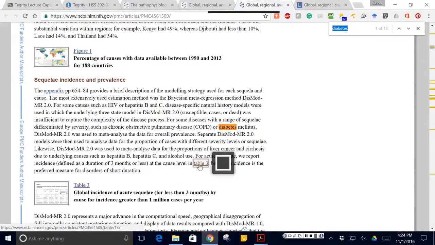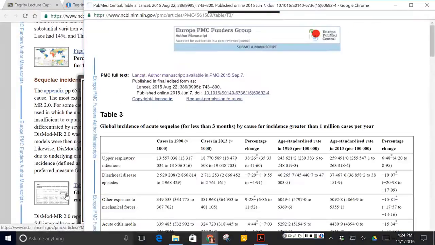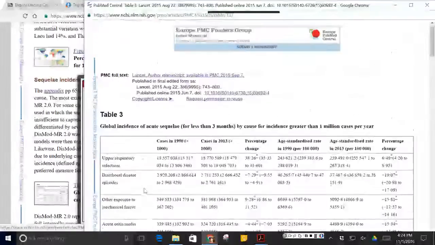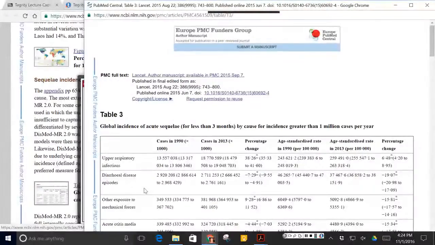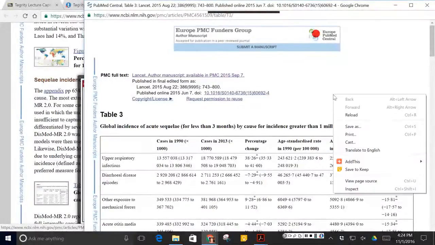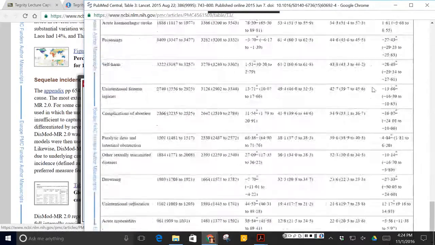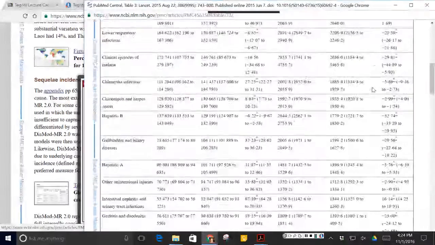But let's see, table 3. So these are 35. See, yeah, this